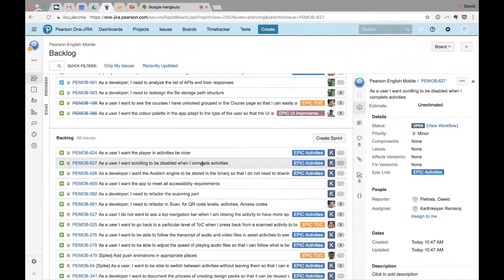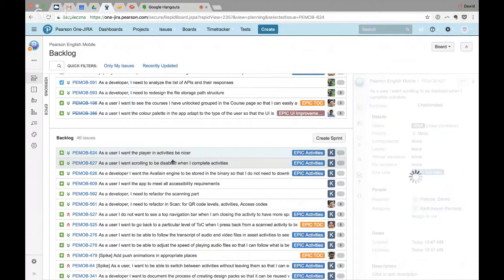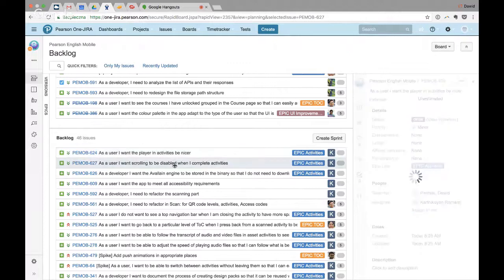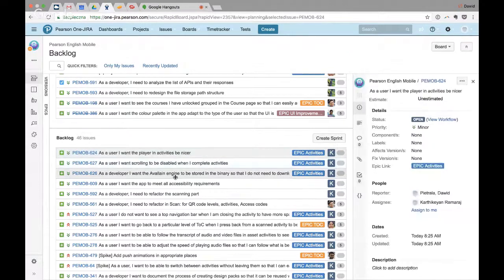But as we decided that we are going to have just one fill-in gap in every activity, it is not necessary to do that. So I will ask Arek to disable this scrolling whatsoever. And this is all going. And this is it for Arek and the expert. So let's move on to your